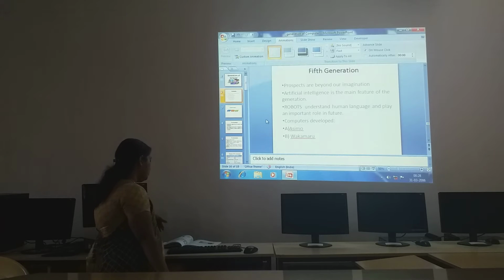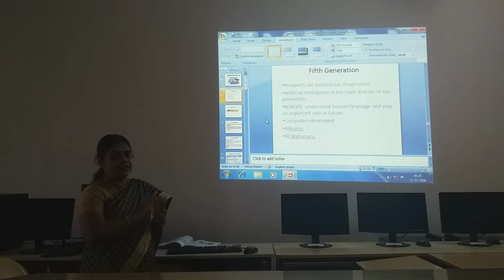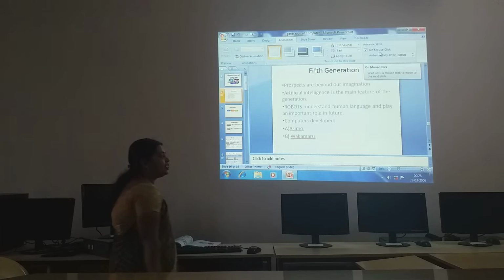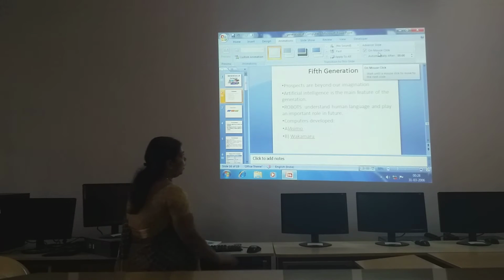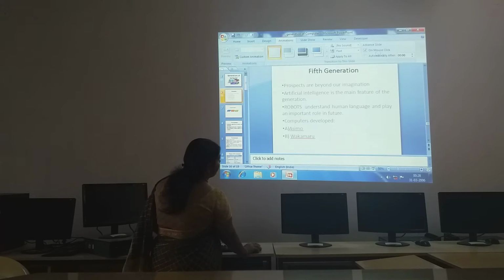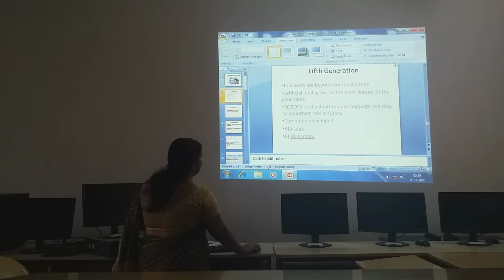Now click on the animation tab and you can add like this, children. Slide transition is how your slide will enter and move. Here the sound can be added, and it can be made fast, slow or medium. One more option you have is on mouse click, or automatically. If you want to play it automatically, you can set the timings here. After 4 seconds or 5 seconds it should come on. Like that we have set now.